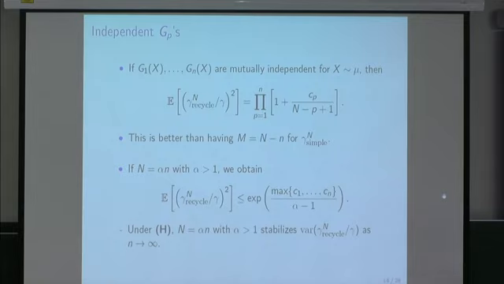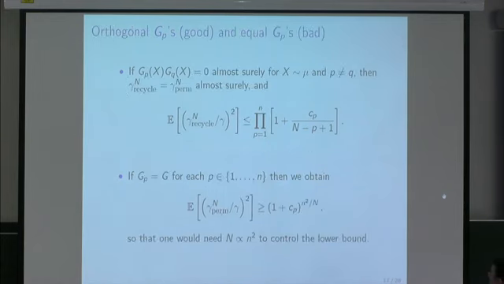Yeah, so in that case, you can already see that this scales well in this scenario, because if you take capital N to be alpha times little n for any alpha greater than 1, then you can easily get this kind of bound, and you've already stabilized the second moment. So really, to stabilize the relative variance of this approximation, you just need to take capital N being linear in little n, instead of quadratic.